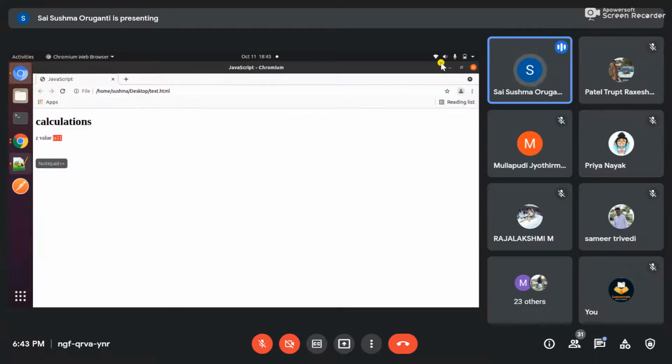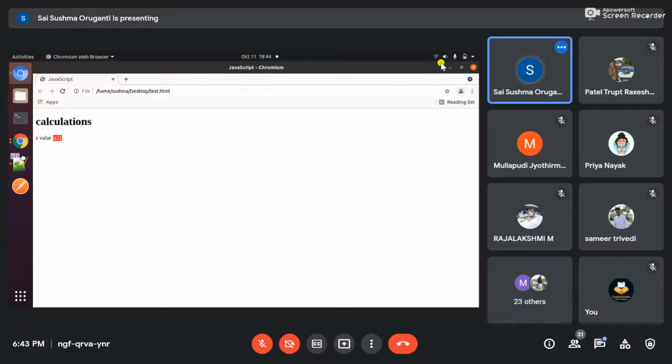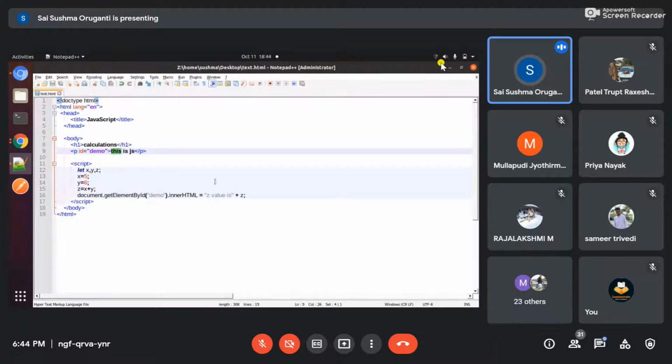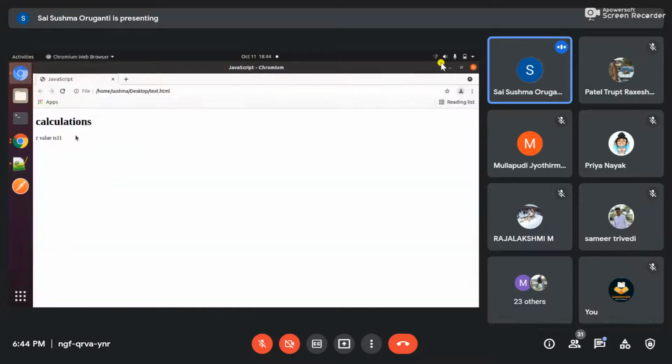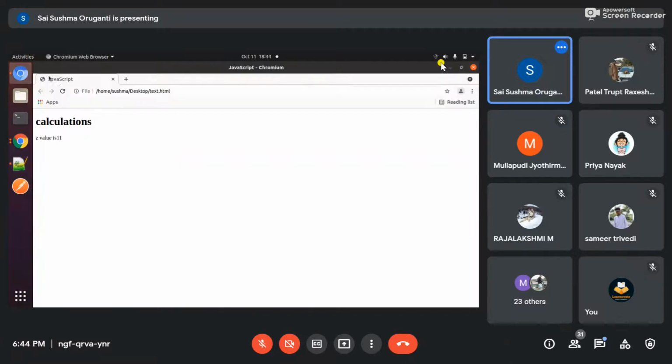So where is this is JS? I have written this is JS, right? It has to display here, but it didn't because we have changed the text to the get value by using innerHTML. See, 11. For example, let's assume x as 15 and y as 6. I will write now x minus y. Is it correct? 15 minus 6 is 9.